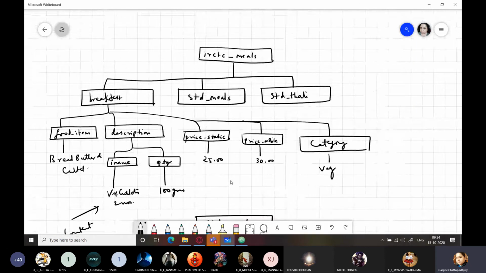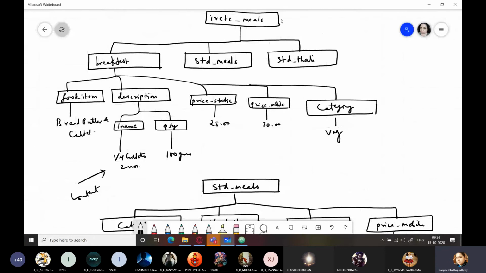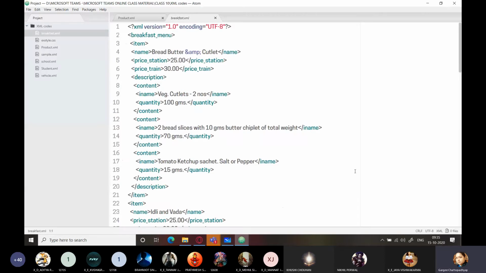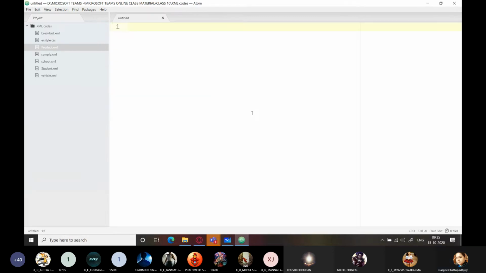So we will today start with the simplest one, that is the outer IRCTC meals, and breakfast. Okay, so let's start with this. As we start coding, if we come across any problem, we can solve it quickly. So I'm going to create a new file and I'm going to save it.